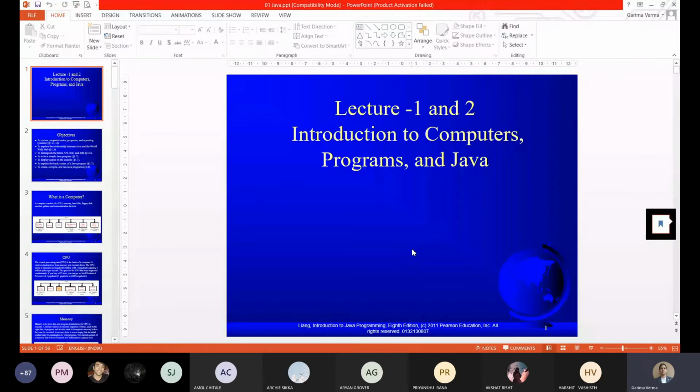You are from which section, A or B? Section A. So in fact in B section I have discussed in very detail, but in A section I have not discussed in the detail, like why do we follow the syntax of the main function. So I'm going to tell you each and everything here, because in placement you have no idea how much depth they can ask you from the Java. And basically, if you are strong in the core Java, you can very easily grasp the advanced concept of the Java. So your placement is based on only the concept of core Java. So that is why I am going to tell you each and everything in very detail.